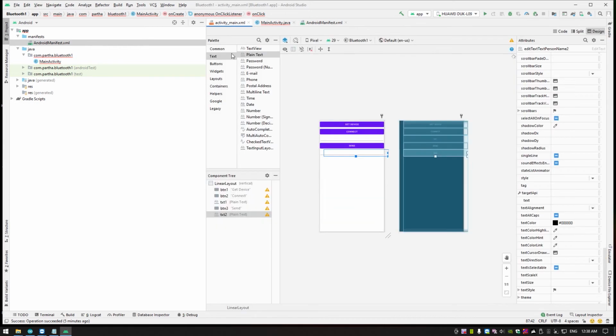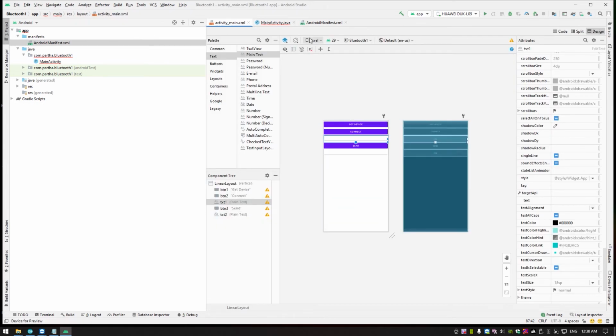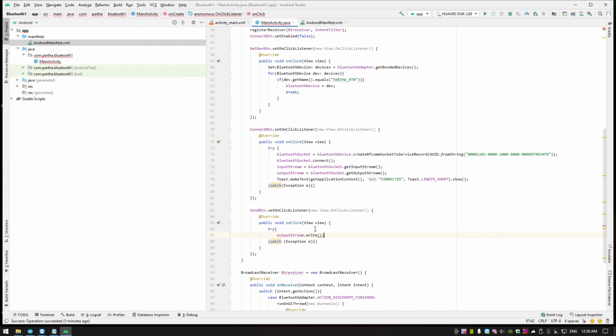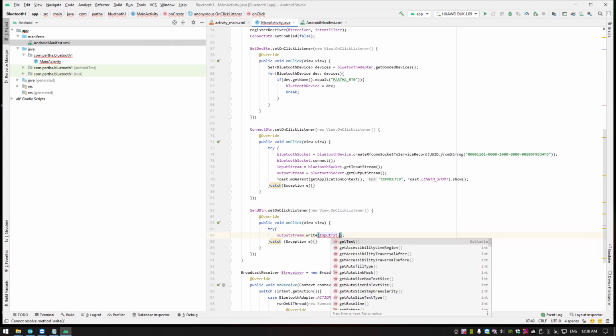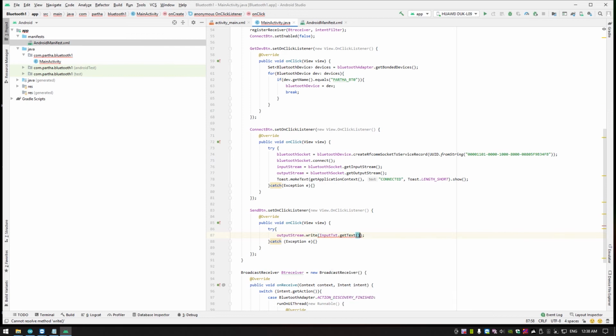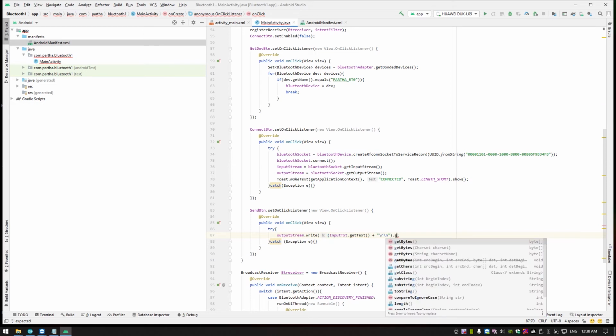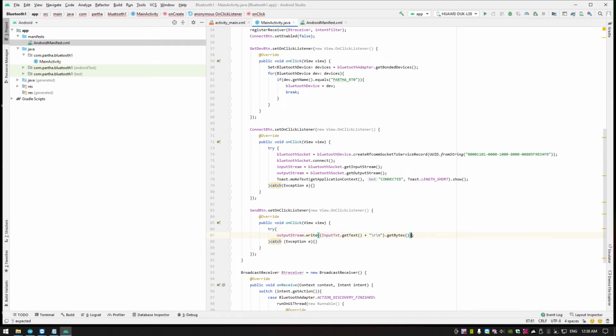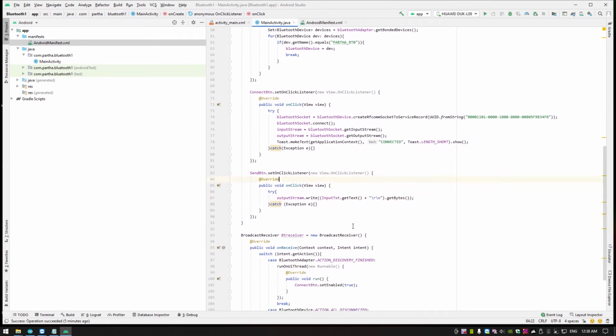So it will pick up from this text box: input text dot get text, add /r/n as we did before, dot get bytes. Simple. Now we will have transmitted the Bluetooth data.